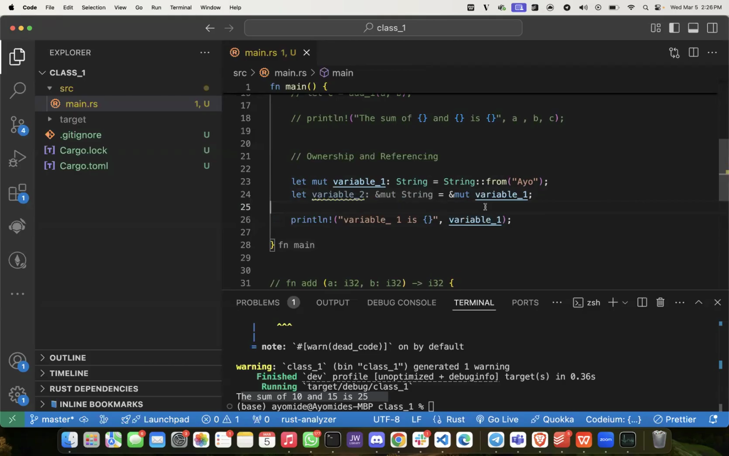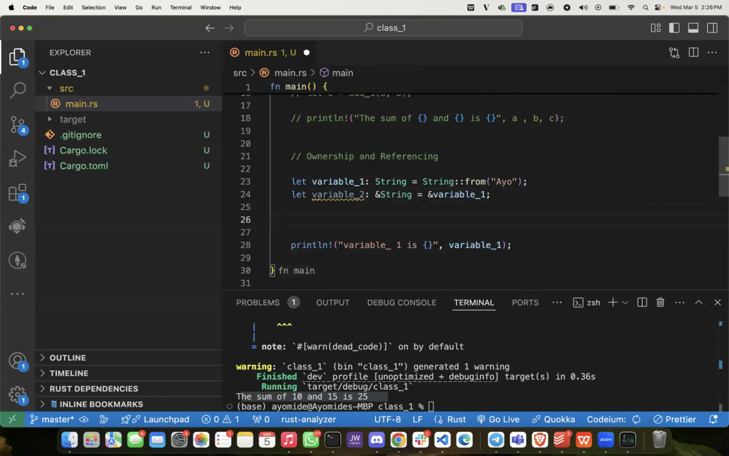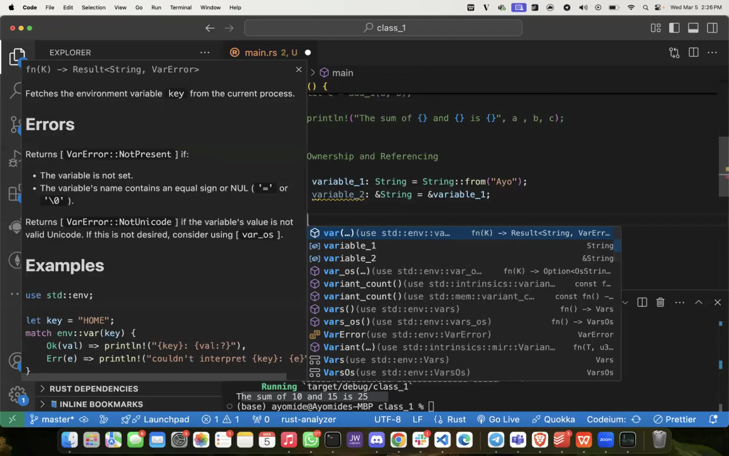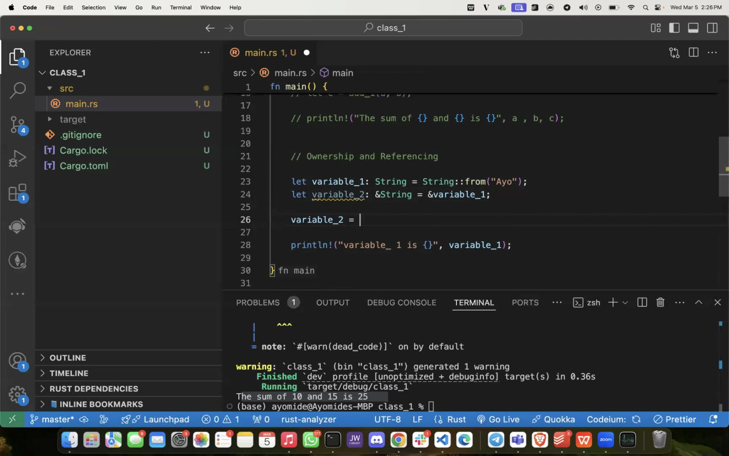What do we mean by this? Now, technically, let me go back to what we had before. Technically, variable 2 at this point is now referencing variable 1. We could come down here and say variable 2 is equal to,